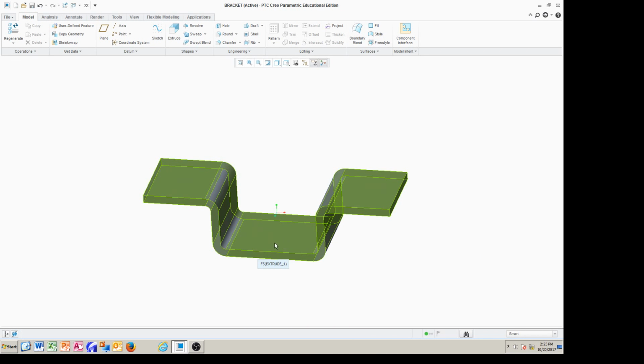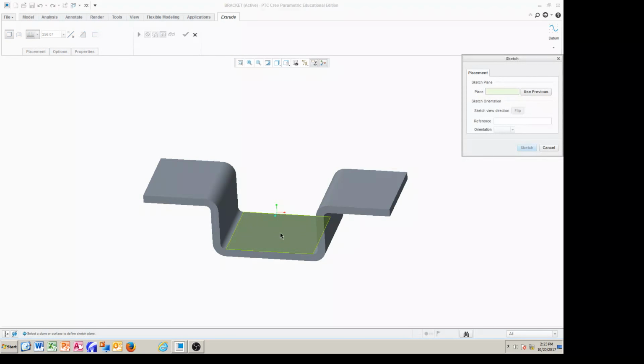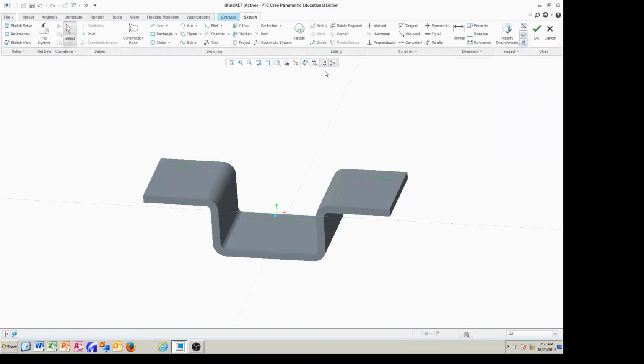Next, we're going to create a cylinder, because we're going to use this in assembly, and we're going to be using a bushing that goes into this cylinder here. So let's just create a cylinder and poke a couple of holes in there. Placement, define. We're going to put it on this surface. Sketch